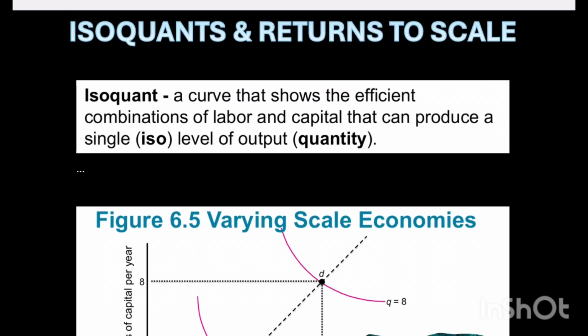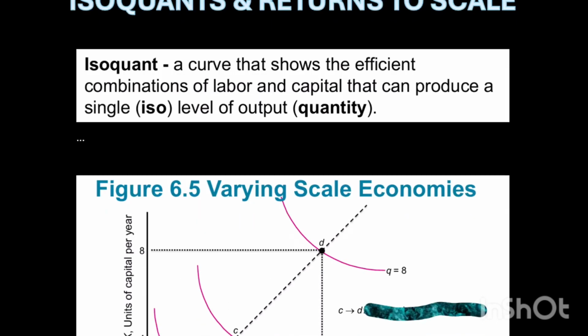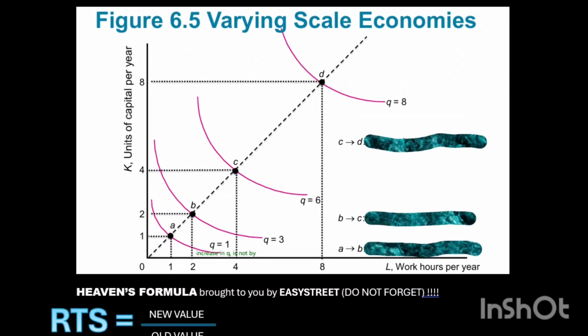So we know what an isoquant is. We know that, basically, and we've dealt with returns to scale, which was our inputs and our outputs, all right? So now we've come to this graph, all right, which shows us